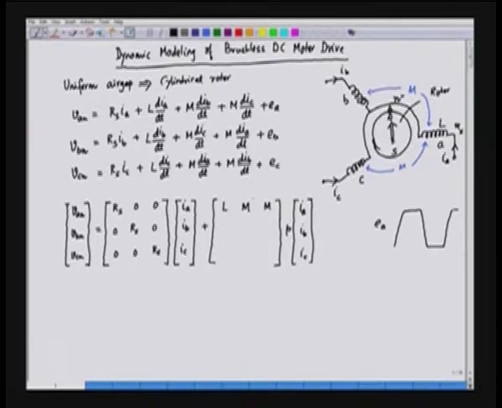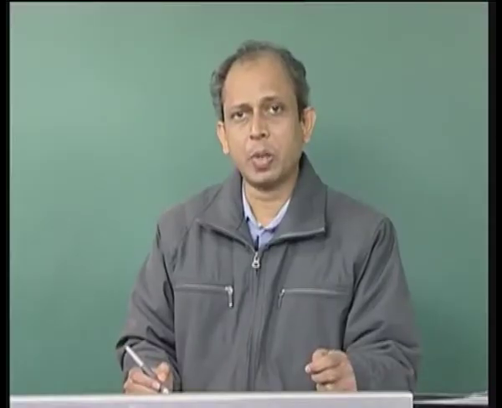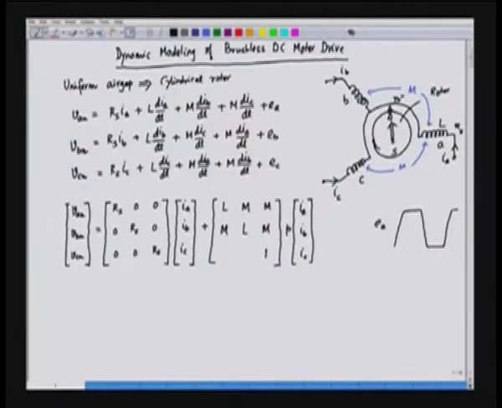The second row we can write down the equation for phase B. So, this is the self inductance of phase B, and then the mutual between B and A is M, and the mutual between B and C is M. Similarly, we can write down the equation for the phase C, the self inductance and the mutual inductance drops. The self inductance is L. So, we can have here L P IC, and the mutual between C and B is M, and the mutual between C and A